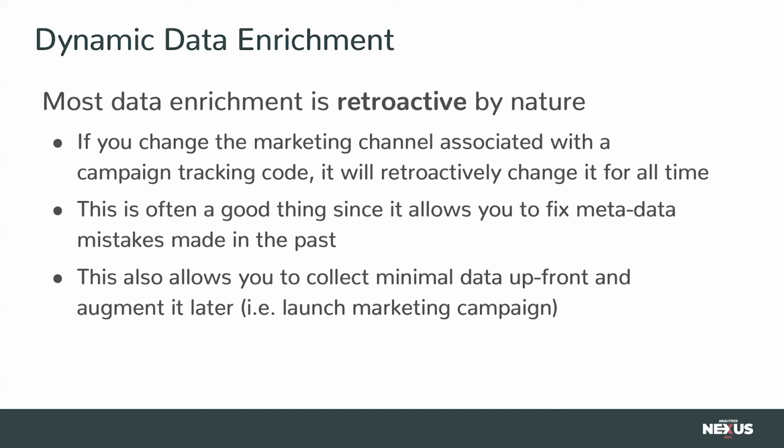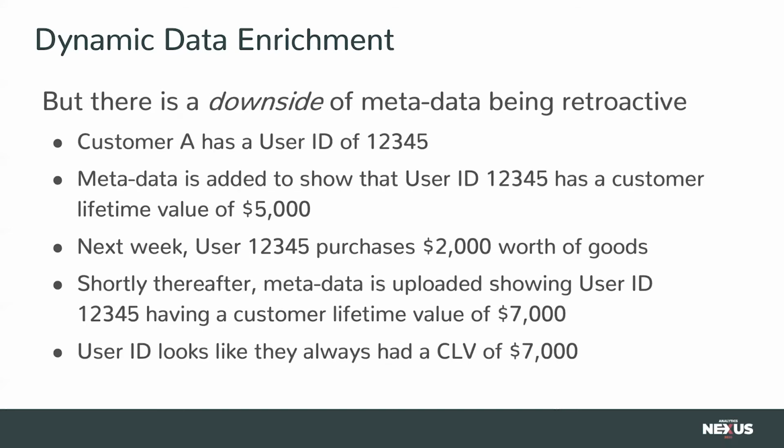But there's a downside that people don't think about. The downside is that there's certain data attributes that you don't want to be retroactive. Because if you make them retroactive, it's actually going to make your data wrong. So this is hard to explain, but let me go through an example because I think this makes it a little clearer. Let's imagine that, as I mentioned earlier, you have in JavaScript a dimension user ID, and customer A